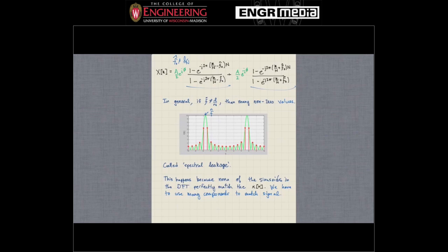That happens because the sinusoids in the expression for the DFT don't perfectly match the signal x of n. Remember that the sinusoids in the expression for the DFT were at frequencies 1 over n, 2 over n, 3 over n, and so on. And if our original continuous time sinusoid doesn't correspond to a digital frequency of one of these values, then we need to use more than just a single sinusoid to